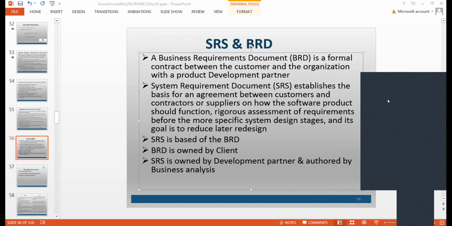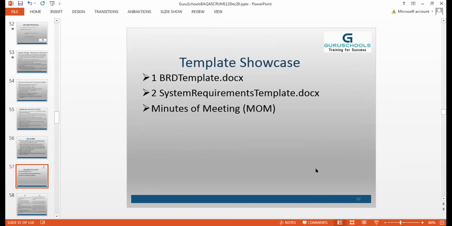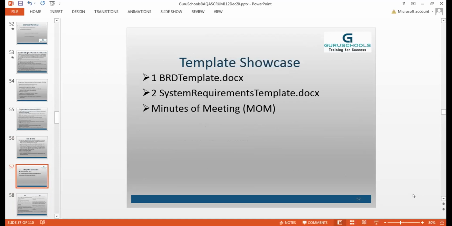Okay, sure. So this is how we will work closely. This is how we will understand and get better at our thought process, one step at a time. Then, did we have a look at the BRD template or the SRS template? I don't recall. Okay, let's have a look at the BRD template. I might be thinking from my last batch as well.